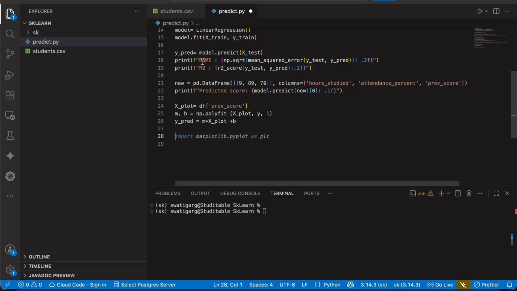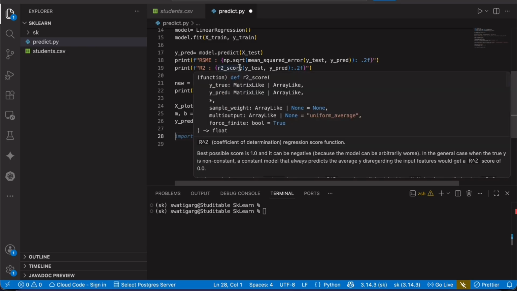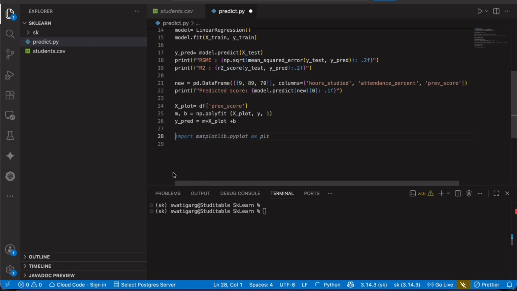Why? Because if you are using linear regression, the formula in linear regression to find y is through the function y is equal to mx plus b, where m is the slope, x is the input value, and b is the intercept. So to find m and b here, we'll be using the polyfit function. And polyfit is a numpy function used to perform a least squares polynomial fit on a set of data points. So whatever data points we provide, it finds the least squares polynomial fit, which means it finds the best fitting curve or polynomial for the data by minimizing the errors between the data points and the curve.